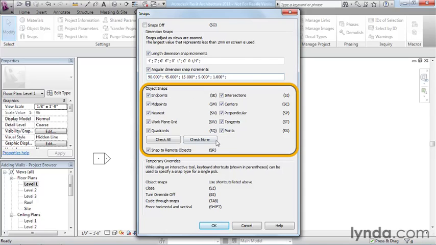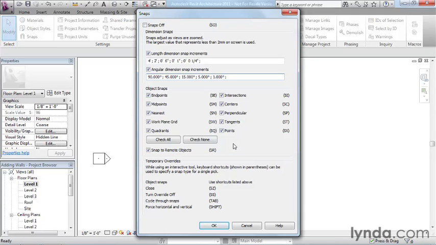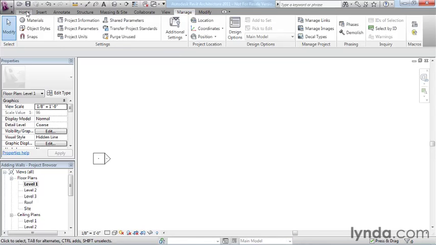And then here's object snaps. So I want to just talk about this a little bit. If you've used other CAD software, this concept is familiar to you, but if you're totally new to computer-aided design software, then this concept will be new. What this allows you to do is actually snap geometry to key geometric points on other geometry. So in the case of where I have a wall here,